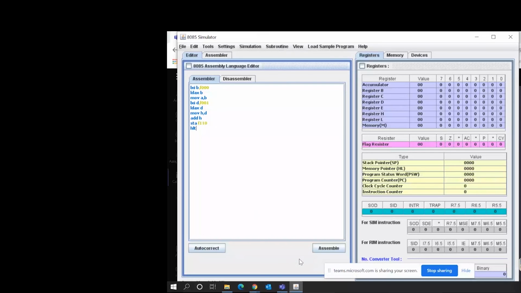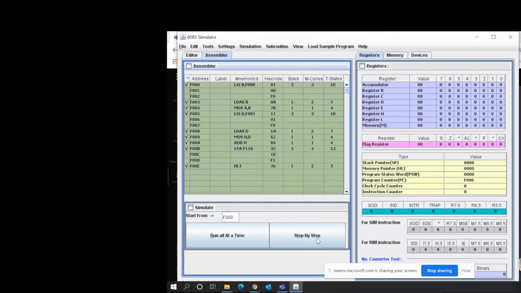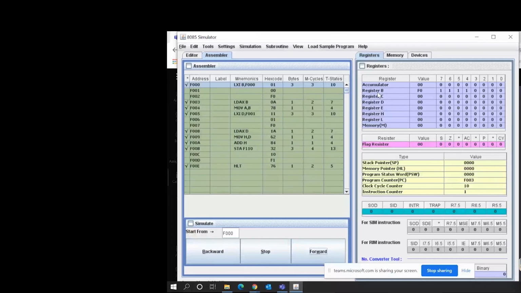What is that first instruction, Sharath? Oh, it's LXI. Okay, fine. Now let's load the data. On top of the program, just click assemble without the data. We'll see what happens. It is going to give us some error. There is no data in F00F. F0 is loaded in B.